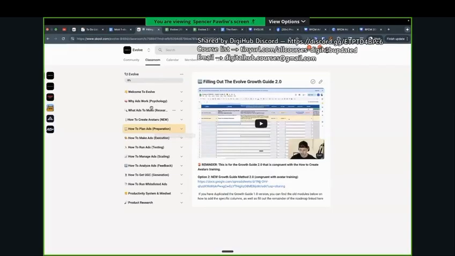And if you guys can't tell, there's literally like four modules just to get ready to make ads. So that goes to show you that 80-20, it's like 80% of your ad is research and planning. Okay. And then when it comes to writing it, that 20% is very, very important, but you have to spend so much more time preparing for it, which is why a lot of people in Evolve do succeed,